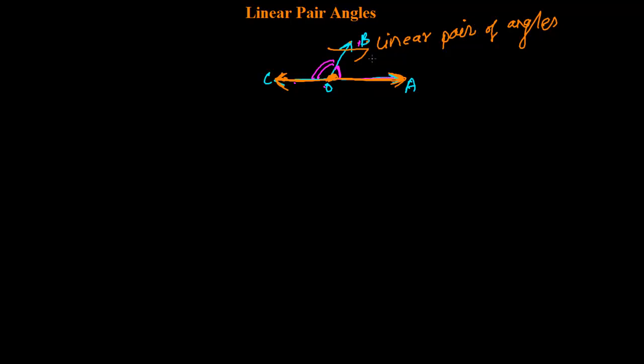This is simple. When you put two adjacent angles, 1 and 2, OB is the common arm and the non-common arms OA and OC form just opposite rays. If they are opposite rays, then those two adjacent angles can be said to form a linear pair of angles. But if you come to the shortcut, it's nothing more than the supplementary angle.